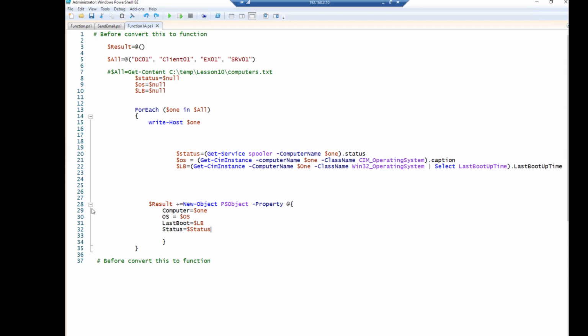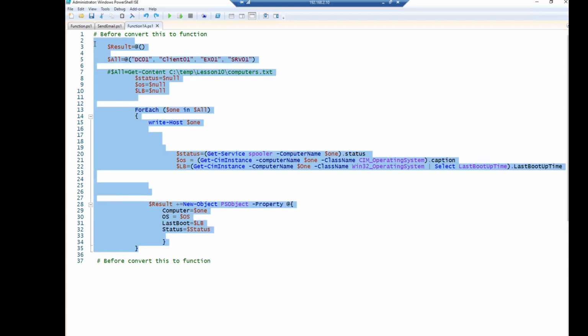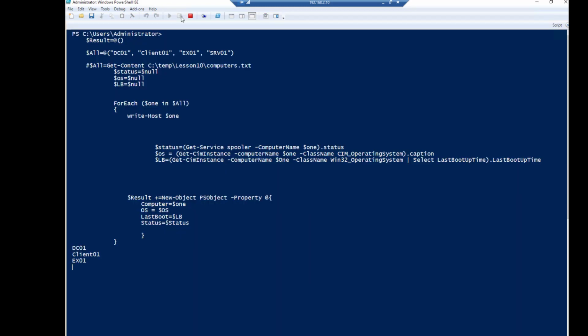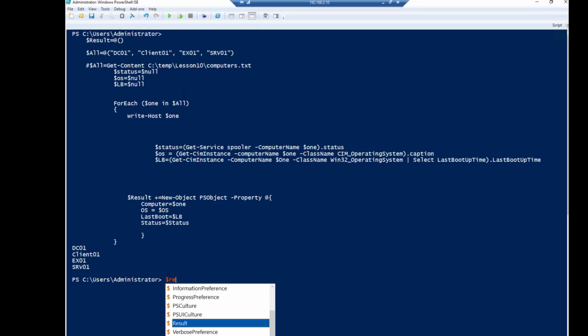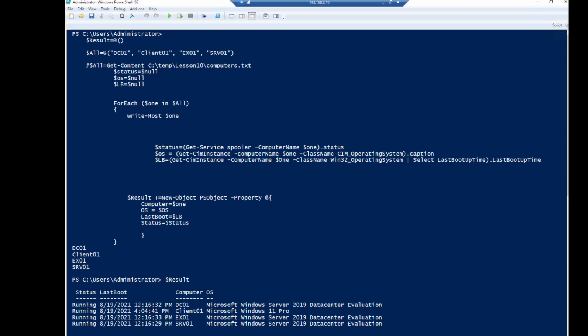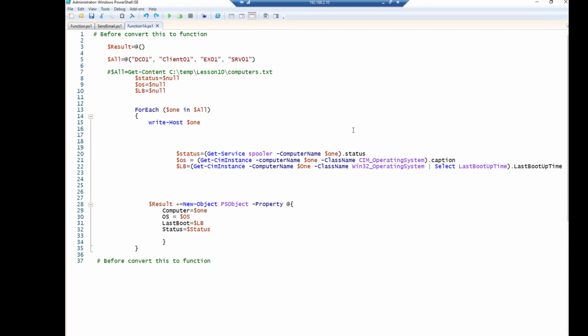Okay, let us run this one. The result shows the status information, last boot information, the computer name and the operating system. It's coming really good. Okay, let us convert this into a function. Comment this and copy this,